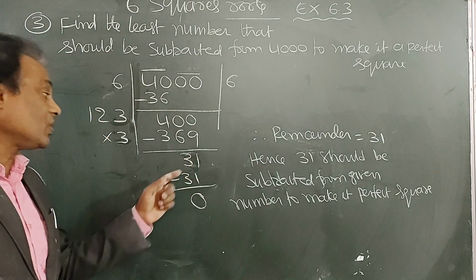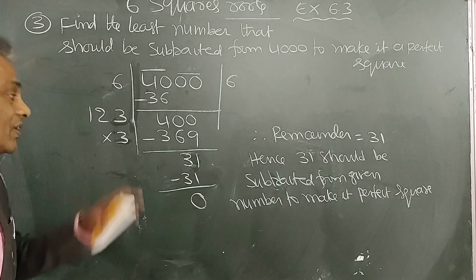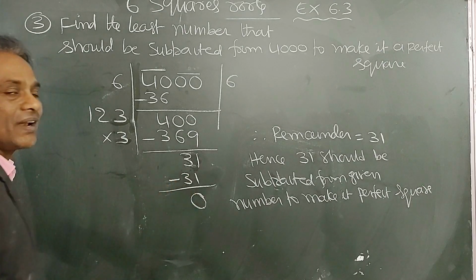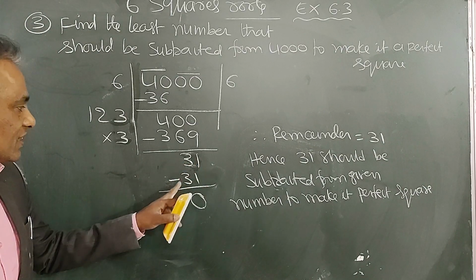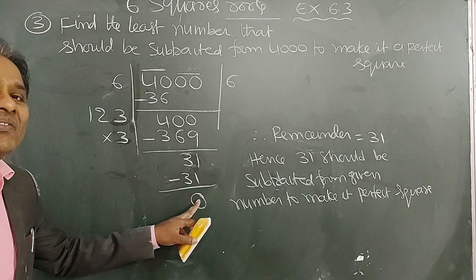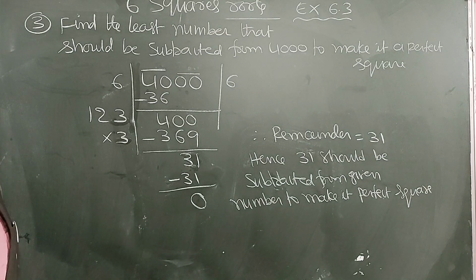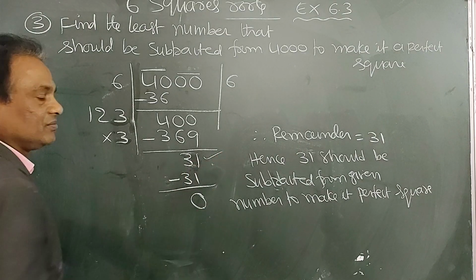To make the remainder 0, subtract 31. What should be subtracted? So 31 should be subtracted. To make it as a perfect square, 31 should be subtracted. So that remainder will be 0. Then it is a perfect square. We got remainder here. How to make